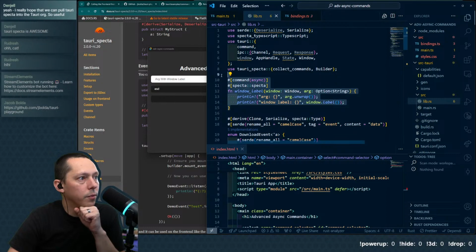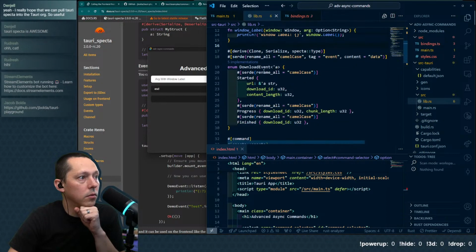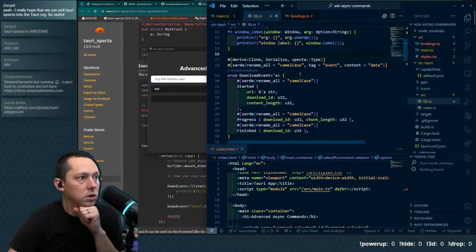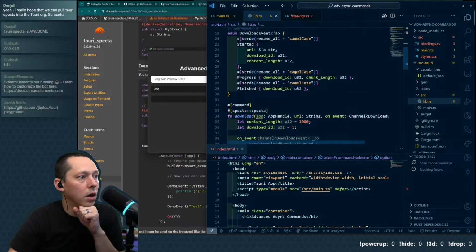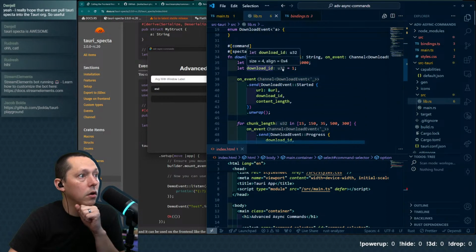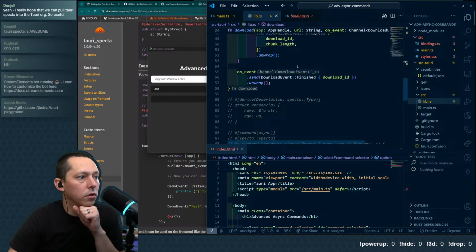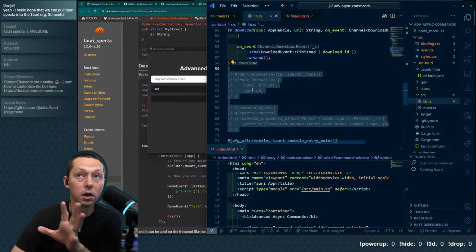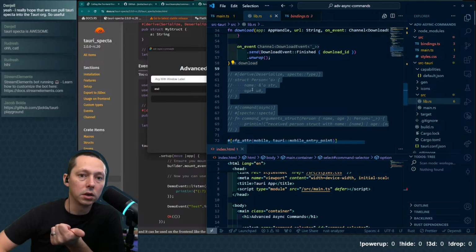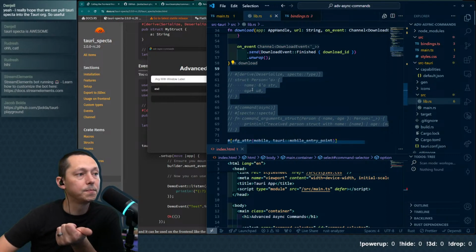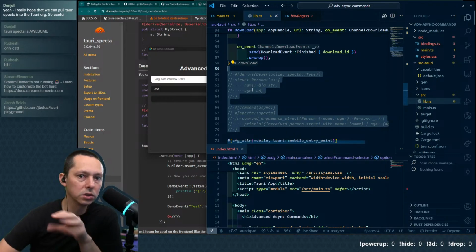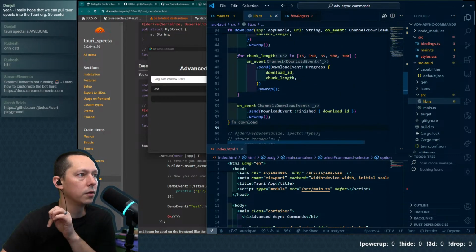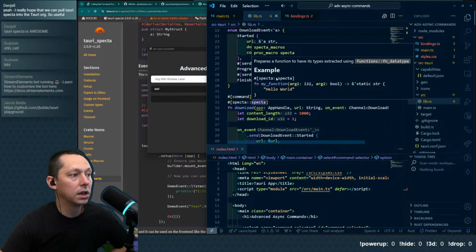We pulled into the async command, and then we just started getting into the channels. So we pulled into the download example, and then I also grabbed this too. We started from last week. We were going through the commands example and touching into the async stuff. And then we left channels for today.